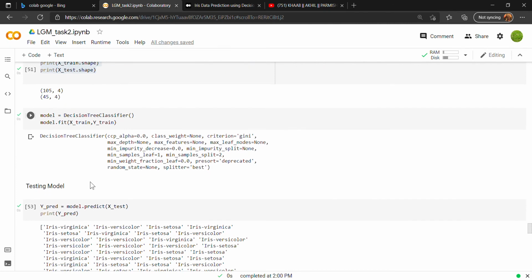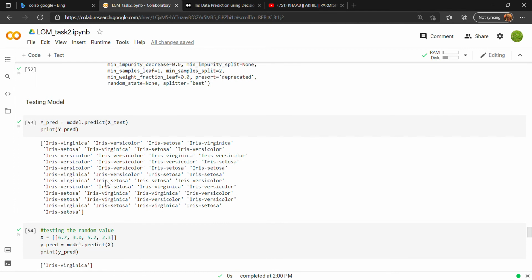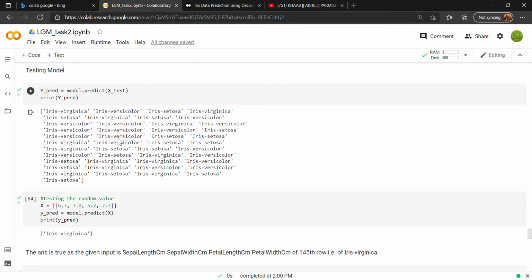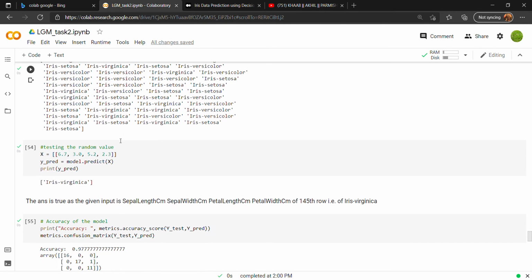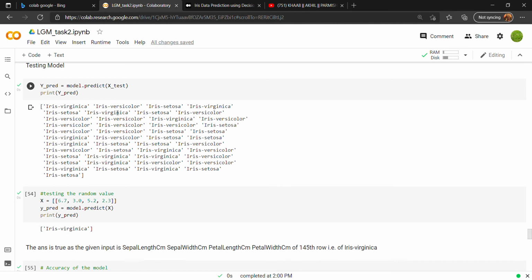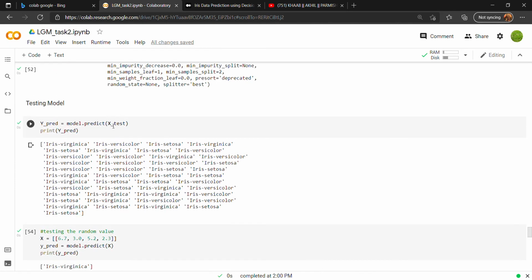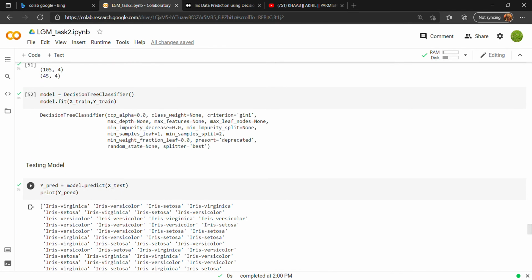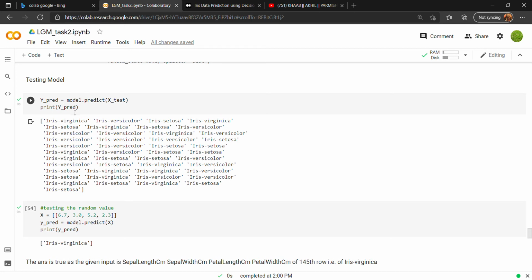Now we will use the decision tree classifier, and then we will fit the model passing the x train and y train data, and after that we will test the model. Now in testing the model we will first predict, and we can see that when we passed the x test values, the model predicted the flowers according to the features.